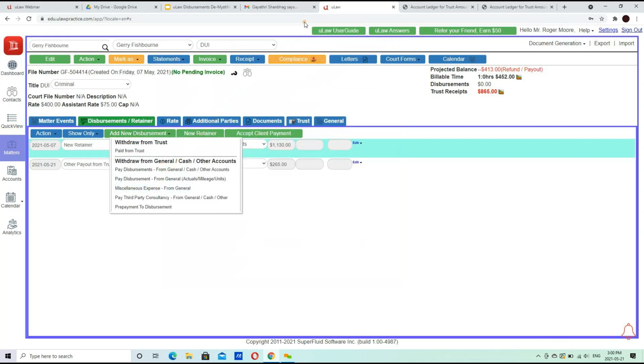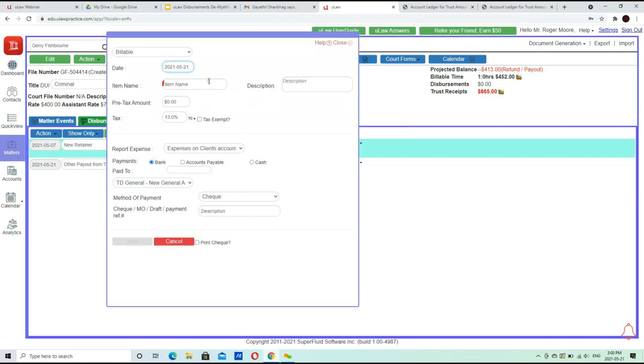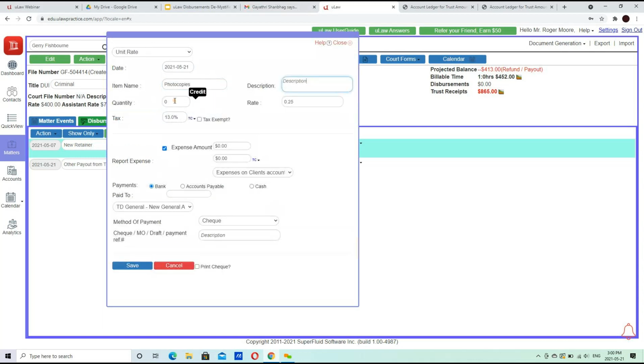And so I think there's a question about miscellaneous expense, so this is where you can manage that. Or if this is just a photocopy, that someone asked that question, you can do that as well. Now it's a general. Okay.